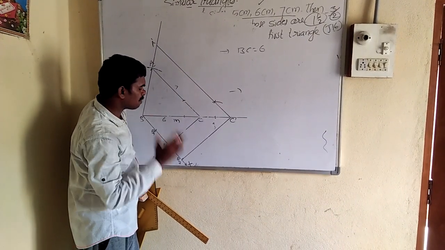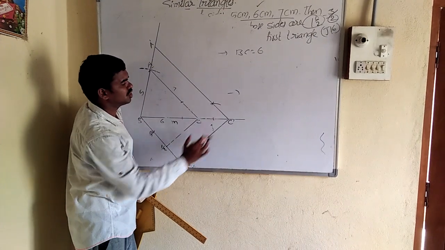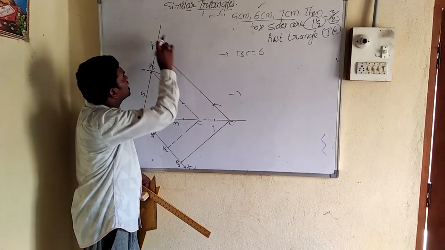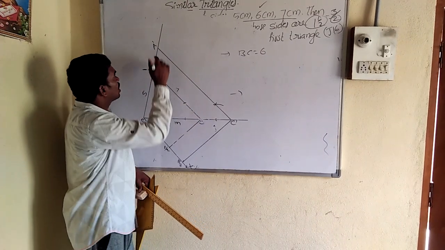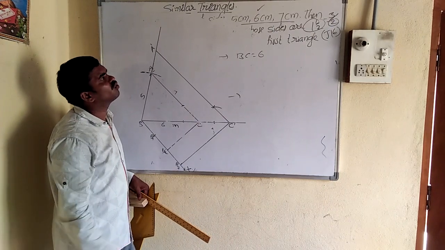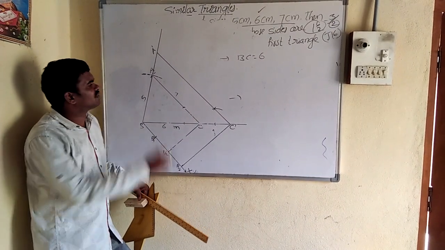Next, draw a parallel line from B2 to B3C. Okay, parallel to B3C, from B2 towards C dash. Similarly, draw another parallel line from C dash, A dash parallel to CA. Now A dash B C dash is the required similar triangle whose sides are 1.5 times the first triangle.